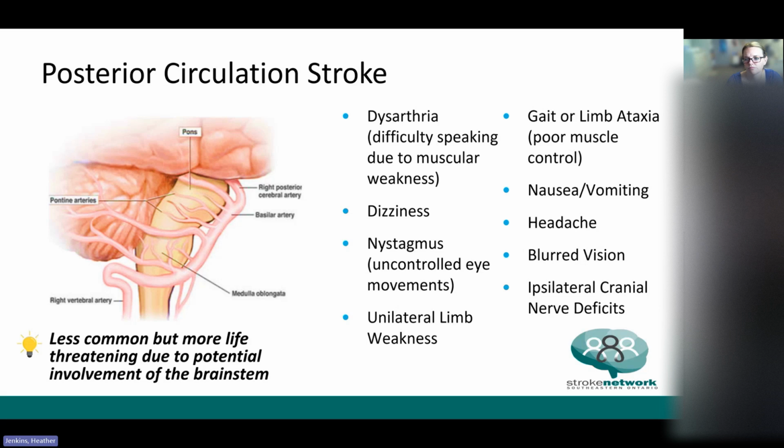Okay, so our posterior circulation strokes look a little different. They're less common, but they tend to